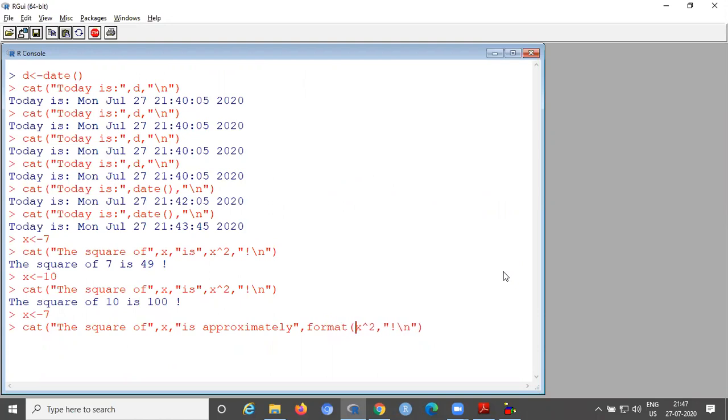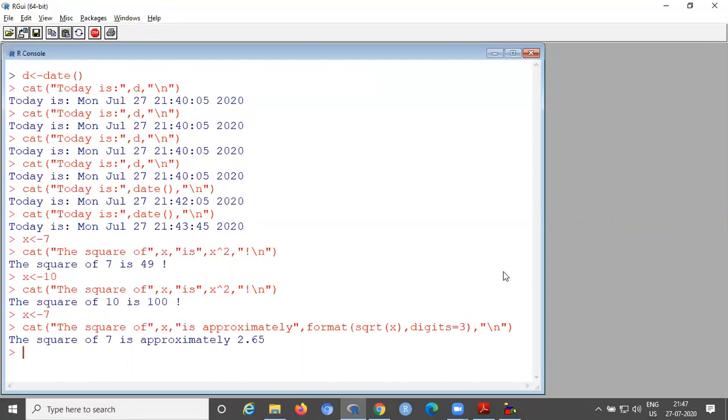Format of the sqrt function, we are using square root of, so directly x. Then square root of x, digits equal to, we are using 3. Then close the format function, then the /n as usual to print in the new line.